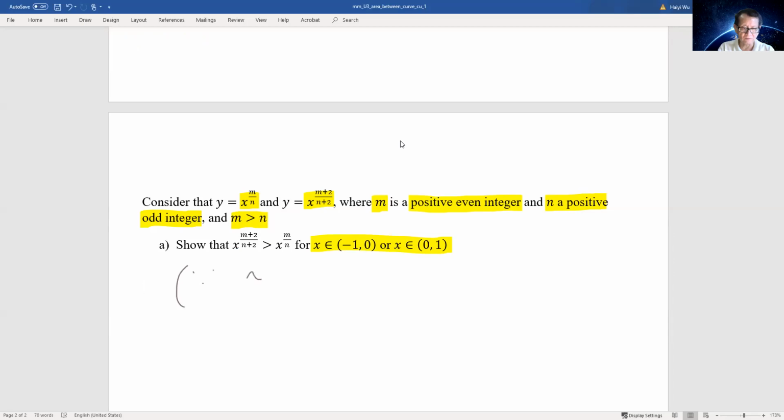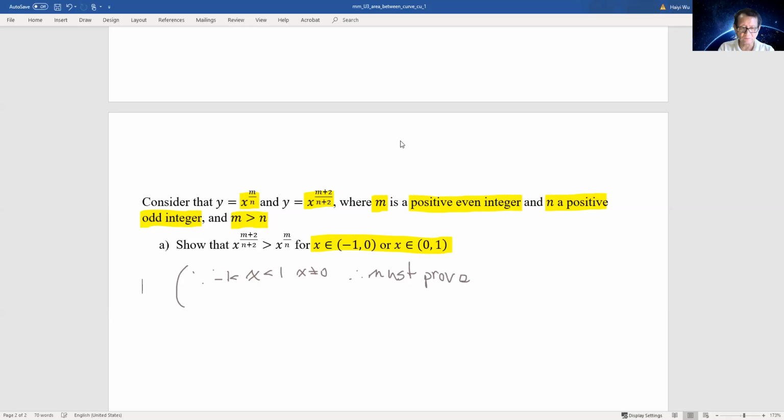Because x is between -1 and +1, x obviously is not equal to 0. Therefore, if we're going to prove x to the power of this is greater than this, we must prove